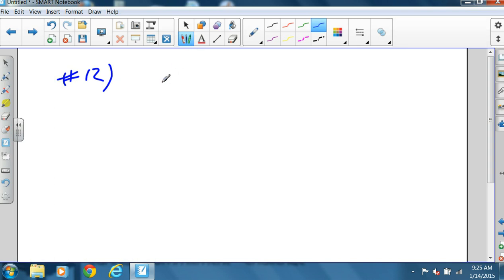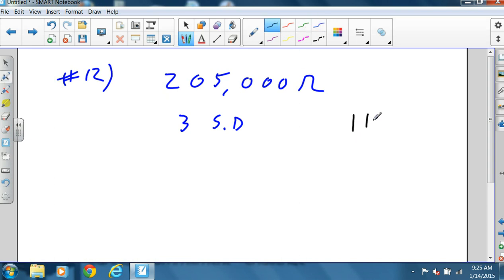Oh, good. At least it's an ohm problem, right? 205,000 ohms. And we want to know the accuracy. So I have 3 significant digits, so I know the accuracy. And that's the only thing I want to know? Well, I guess that's enough then. They didn't ask me for the precision, but my precision is 1 kilo ohm, right? 1,000 ohms. It's not 204 and it's not 206. So my precision is that kilo ohm,